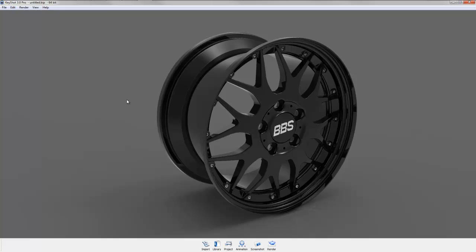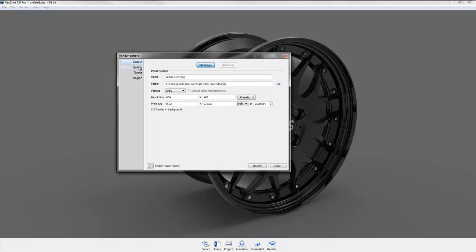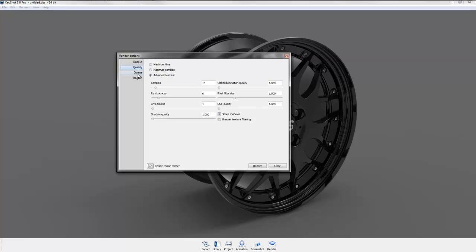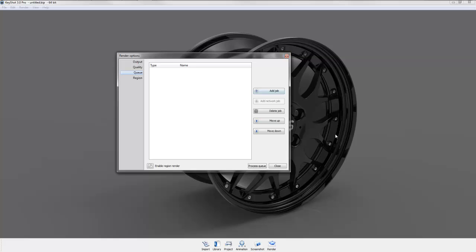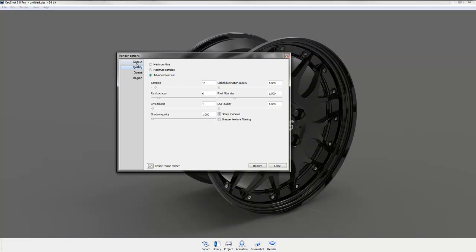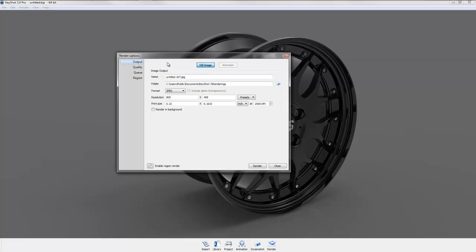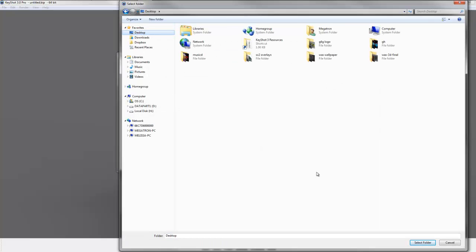And so say I wanted to do this for a first render. Down here on the bottom right, there is the render button. If you click that, a menu will come up, and you have quality, and a queue where you can add multiple render jobs at once. You can really up the quality on your render. In here I don't really mess with too many of these settings, because if I just stick to output, and I'm going to change my location here by clicking that little folder to my desktop,